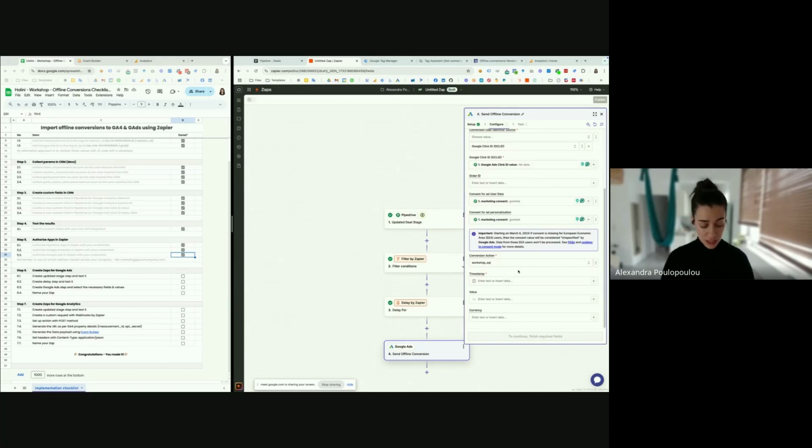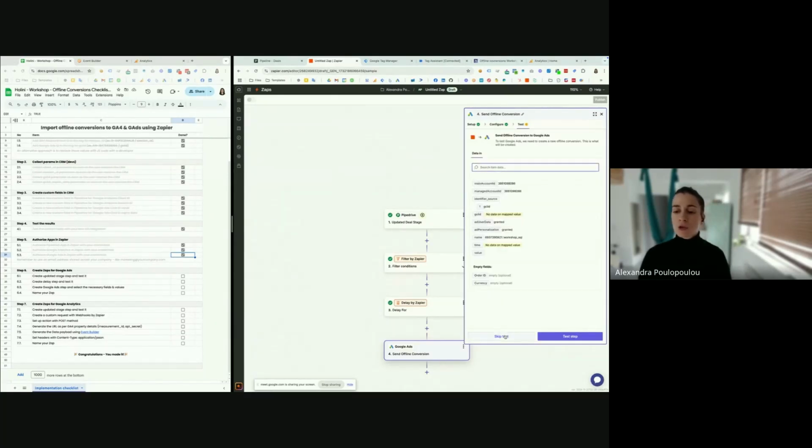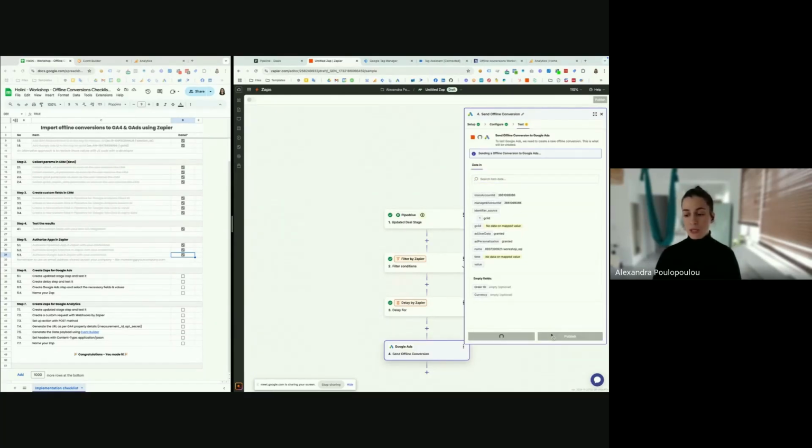For the timestamp, now you need to use a predefined value from Zapier, which is this one. Of course, you can take it from the video and use it in your own setup. And then if you have value and currency, you can also put your parameters here. Continue. Test step.